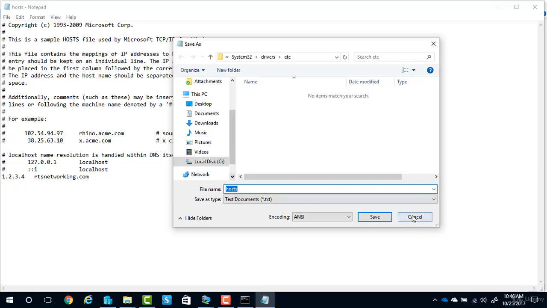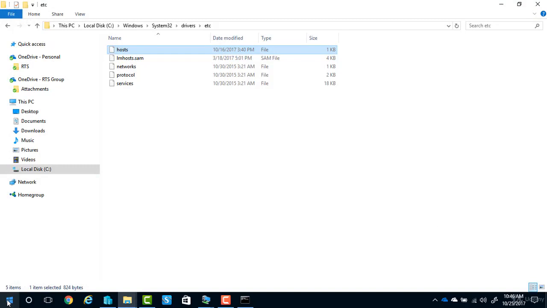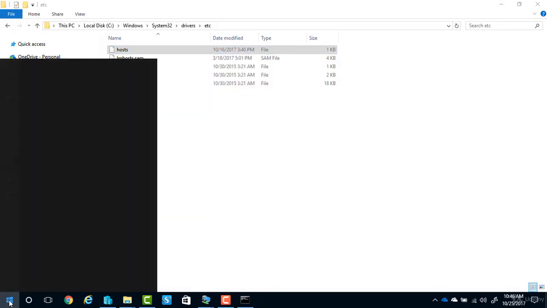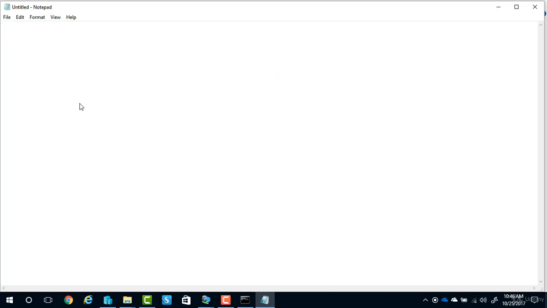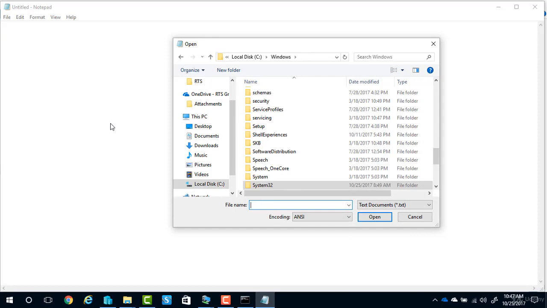What that means to me is, if I cancel this since I'm not able to actually save it, and I close the host file here, I'm going to go to Start, and I'm just going to type in Notepad. I'm going to right-click Notepad and run as administrator. When I run as administrator, Notepad is now opened in administrative mode. I'm going to go to File, Open, and I'm going to browse that C, Windows, System32,